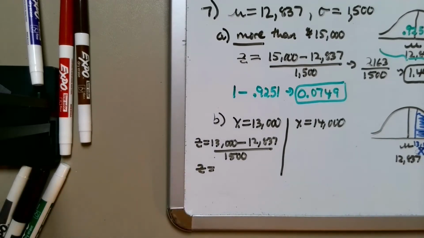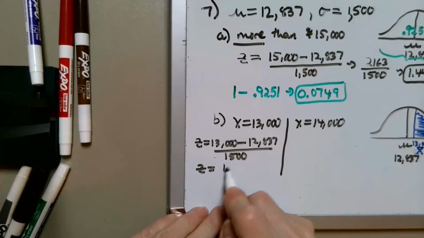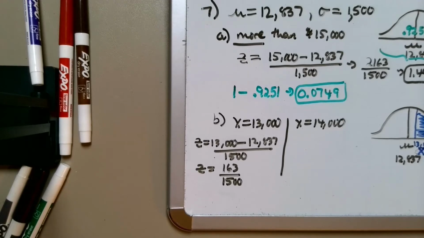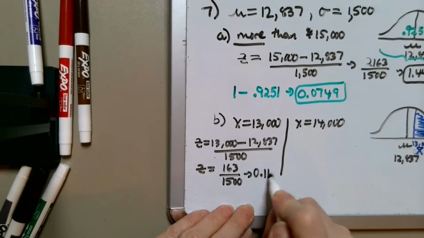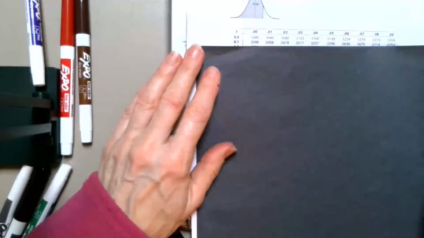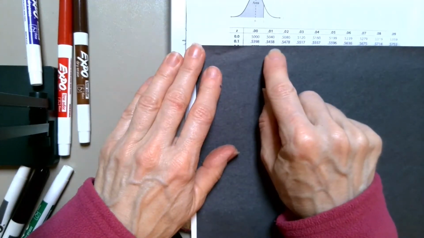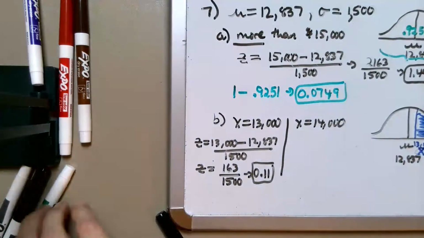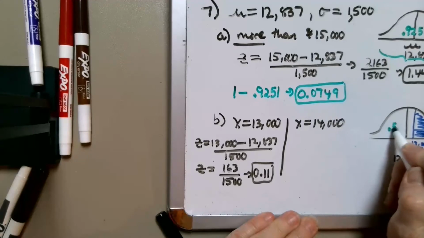So that is going to give me 13,000 minus 12,837 gives us 163 over 1,500. Which gives me 0.108 something. So we're going to call that 0.11. That's our z-score. So let's look that up, 0.11 on the positive z side. So 0.1 and then 0.01. It's going to give you this area, 0.5438. That is the area where? To the left. So this whole part,